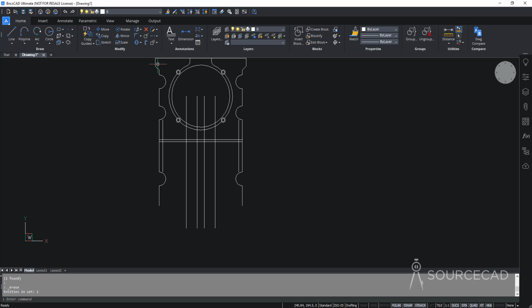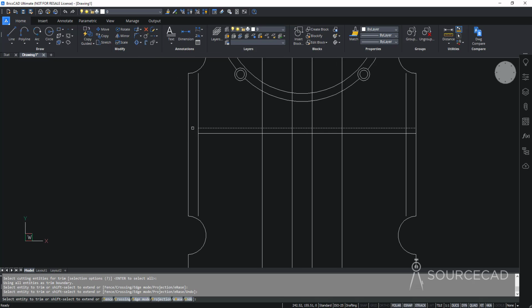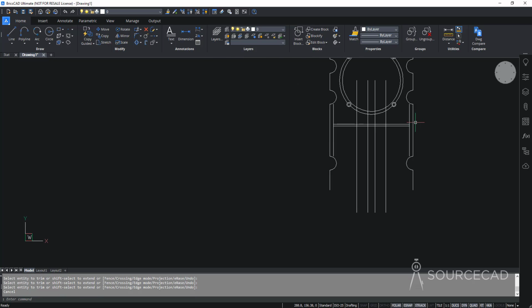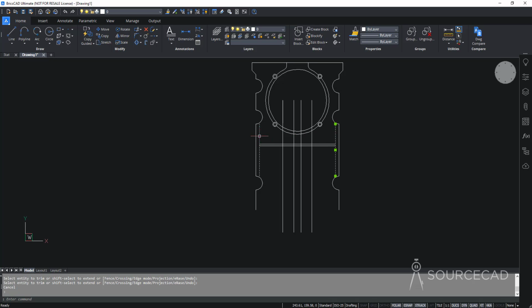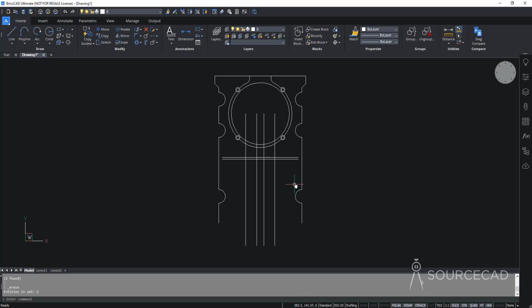Okay, now I'll add, well, trim tool. Trim tool, enter, and I'll trim these two as well. And we can now delete these lines too. These construction lines are also no longer required. Okay, the next thing is